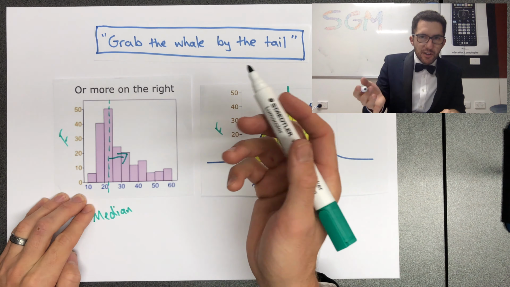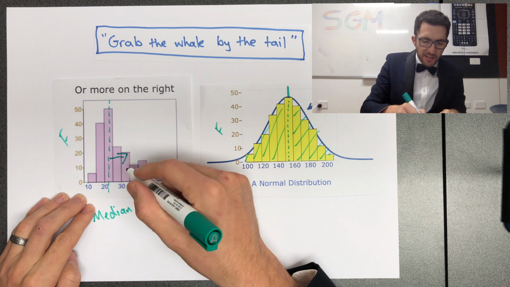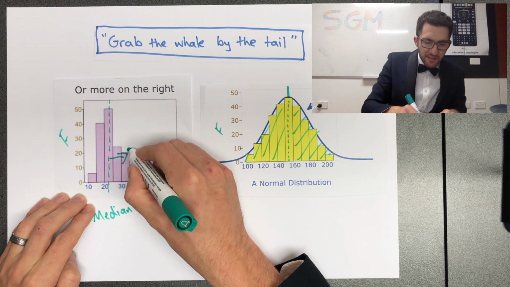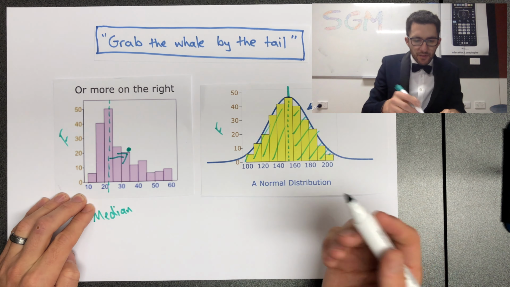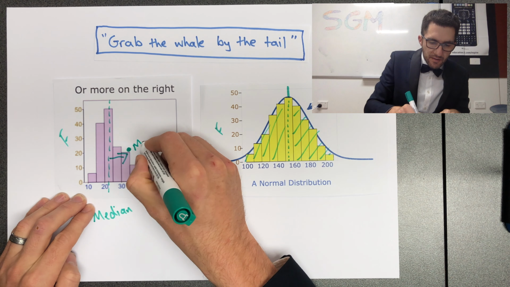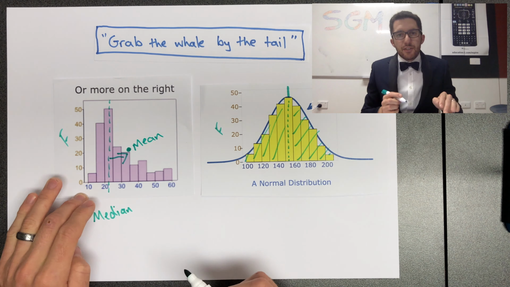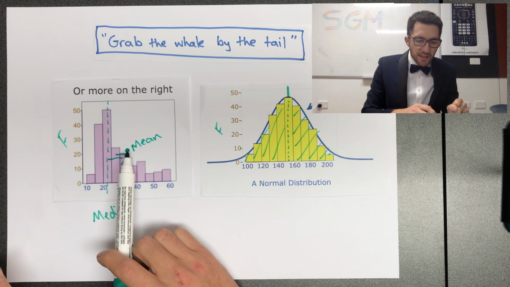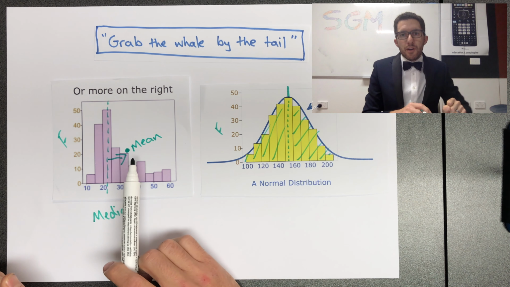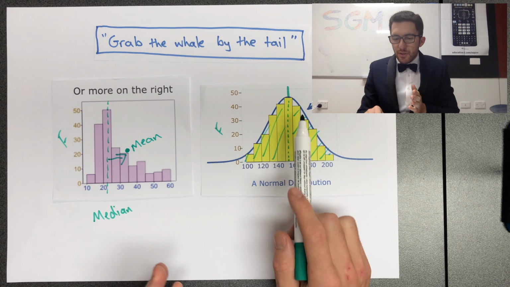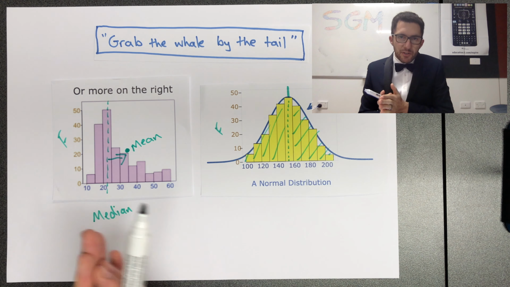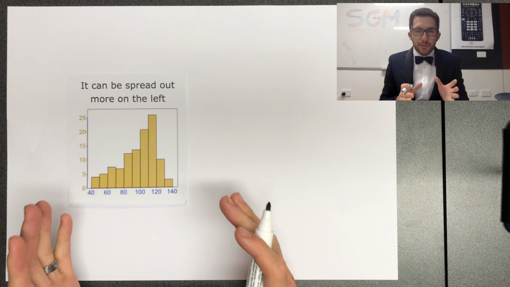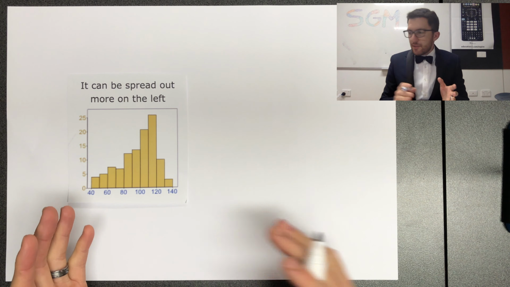And we might find, I haven't calculated this, I'm just making it up, but we might find that the mean sits somewhere maybe about there. So that might be our mean. And so that is why we say the data is skewed to the right, because the mean has been pulled across to the right. Whereas it used to be on the same point as the median, now it's been shifted across to the right. Now the same is true of shifting it to the left,